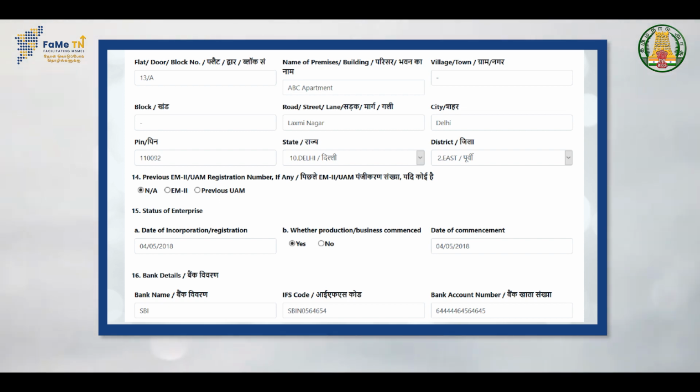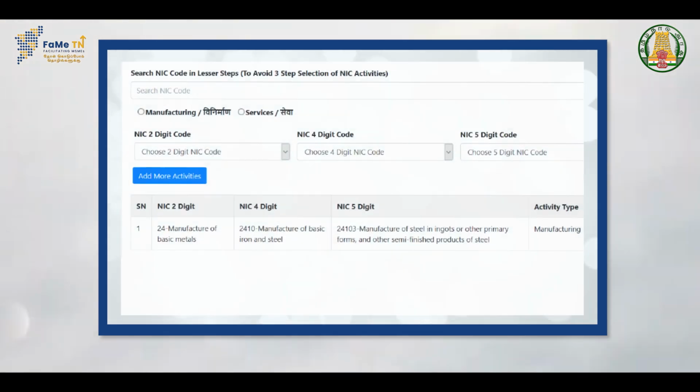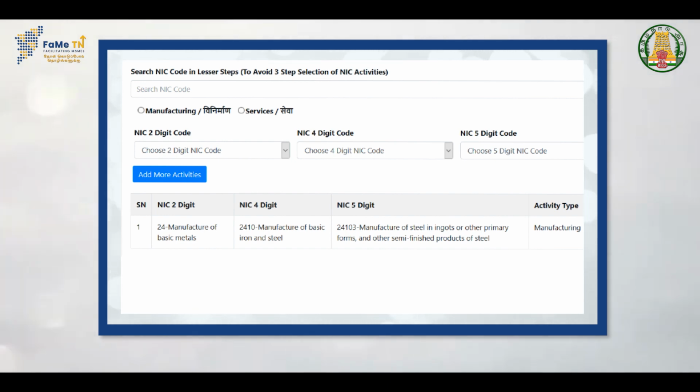Then the next tab is bank details, like your bank name, IFSC code, account number, and major manufacturing or service activity. Suppose your company is into a manufacturing activity, you have to select manufacturing activity. If your company is in the service category, you have to select service category activity. If you are doing both, what point number 17 says is the major activity of the unit. Even if you are doing both, what is your core? Whether it is manufacturing or service, you have to take the core into consideration and select one category. And the NIC code,